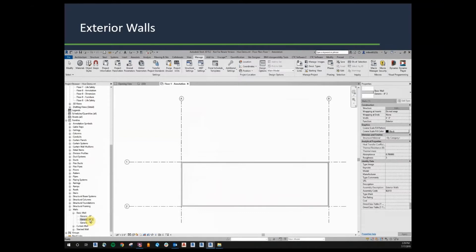You can't just go out to a place on your server and grab a bunch of such and such wall.rfa files and load them in. Because of that, a lot of firms will preload way too many walls into their template file so that they don't have to go somewhere else. Other firms are creating a project that has every one of the walls they've ever created inside of it, and you've got to know the way to open that project and navigate to it and copy and paste